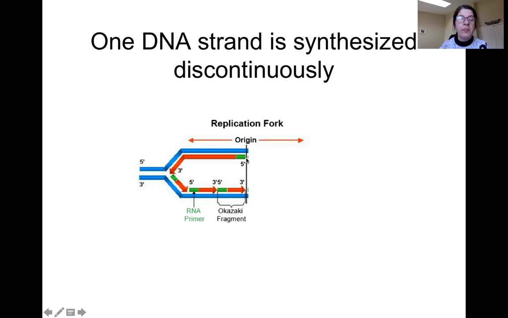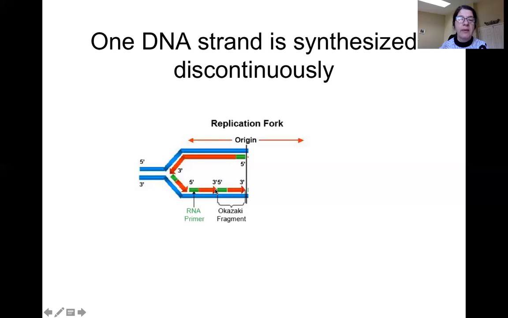One of the polymerases is facing this way, and it's moving this way. The other polymerase is facing in the opposite direction. Why? Because it synthesizes that way, but it needs to move this way. So what is the polymerase going to do? The polymerase is going to jump back to here